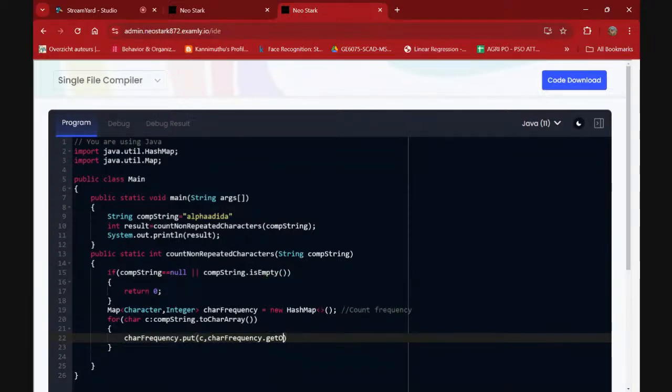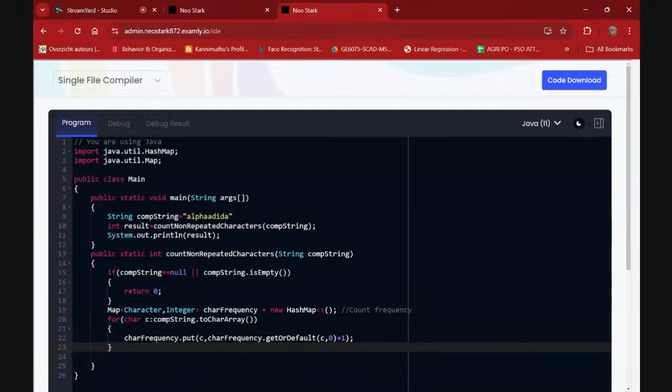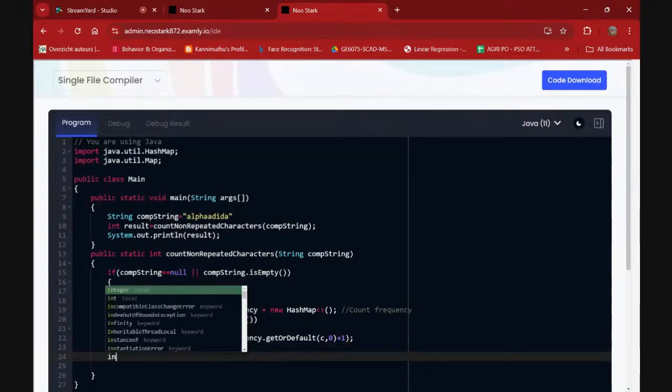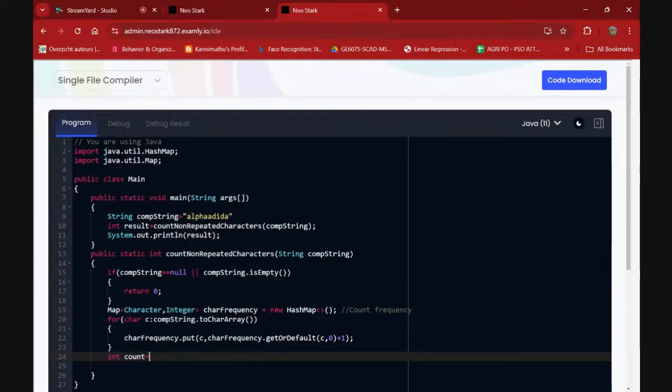This is a method which helps you get the default values. It can be used each time, and the count can be incremented if that particular character arises again. Now I have my count variable as 0.